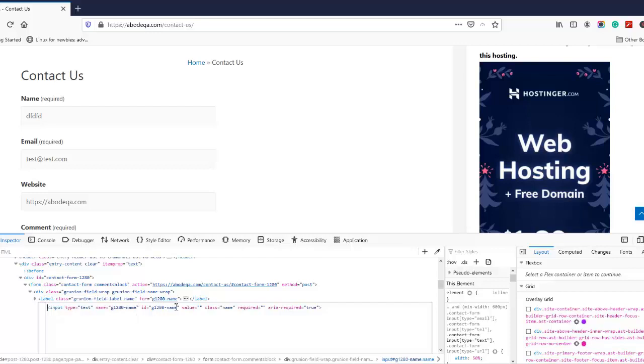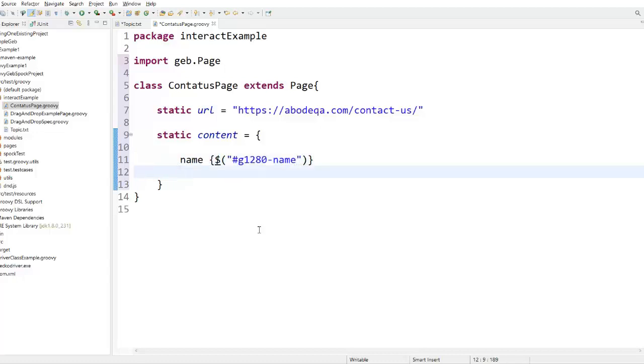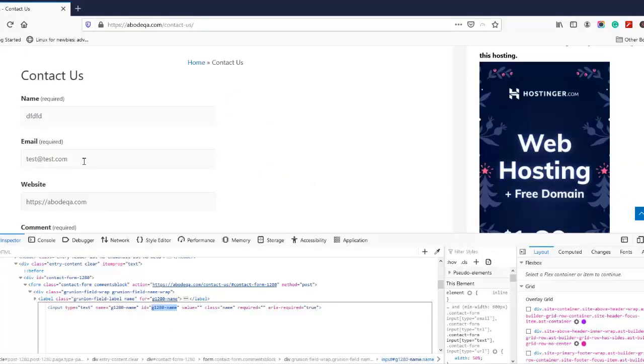Let me copy this, and since we are copying the ID attribute, for the name we will write name, then curly brace, and within this the dollar, the bracket, double quote, and since we have copied the ID attribute, we need to write hash and then the value that we have copied. Similarly, let's get back for the email as well.